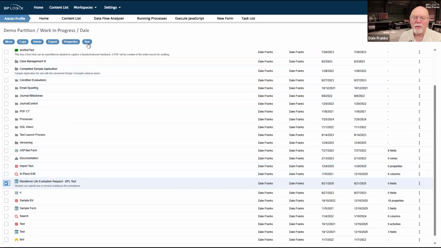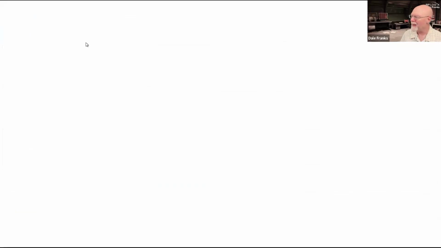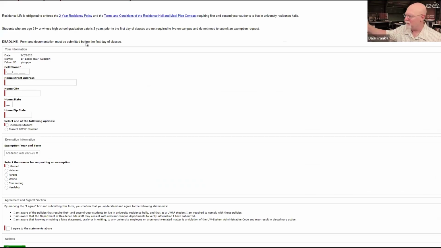All right, so let's run this form. Notice that you're seeing all white on your screen. That's because I am only sharing a portion of my big 30, what is it, 32, 36-inch monitor. So this form goes, my monitor is about twice as big as what you're currently seeing on your screen. And this form fills the entire width of my monitor. That is the default form size.